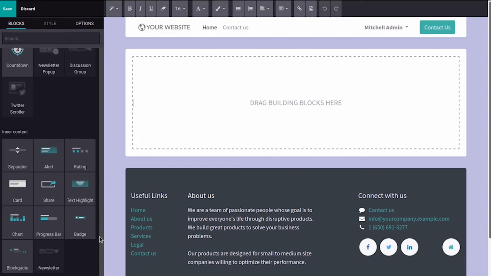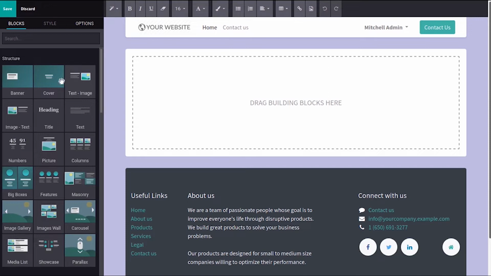So under inner content you can see there is an option that is chart. So if we drag this, you can add a chart to our page. So first of all, let us add a text for our page, that is a heading for our page.